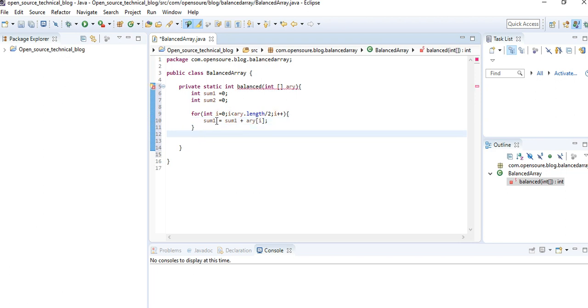So this is the first half of the array. We are calculating the summation of the first half of the array.